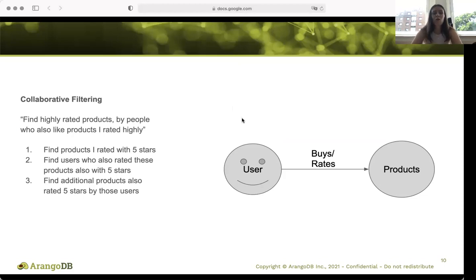Basically, what this does is first it filters through products that you yourself have found to be highly rated. Then it will look at people who bought the same product that you highly rated, and who have also rated it highly. Through this, you'll see other products that users who gave the same rating to your initial product have also highly rated.